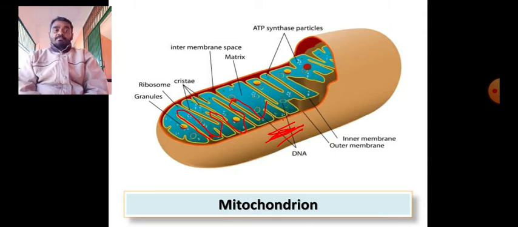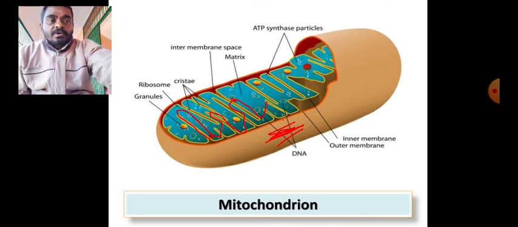And remember, mitochondrion is singular, mitochondria plural, and this mitochondrion basically contains nuclear material. DNA is also present in mitochondria. Apart from the nucleus, this is an organelle that contains DNA. You can take the name of mitochondria. One more is there, that is chloroplast. We will see it in the next one. So this is about mitochondria.